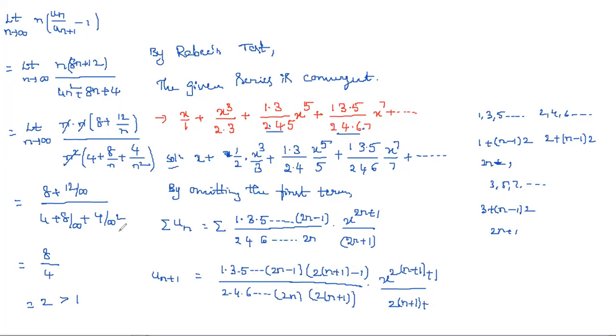This is un and un plus 1. Now you can divide those two. If you divide those two, what will we get? Here un by un plus 1 is equal to